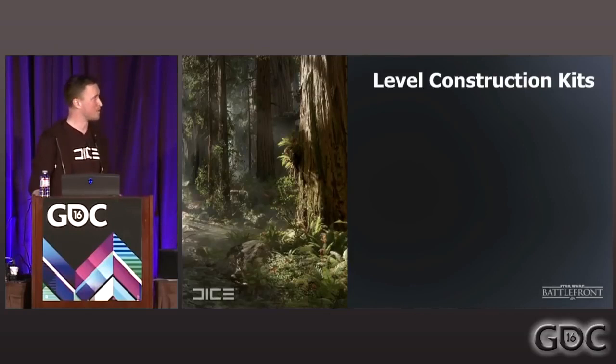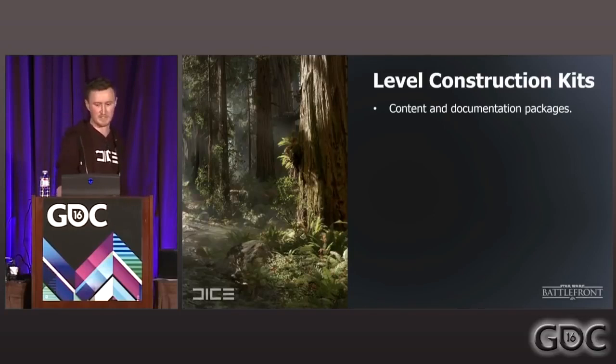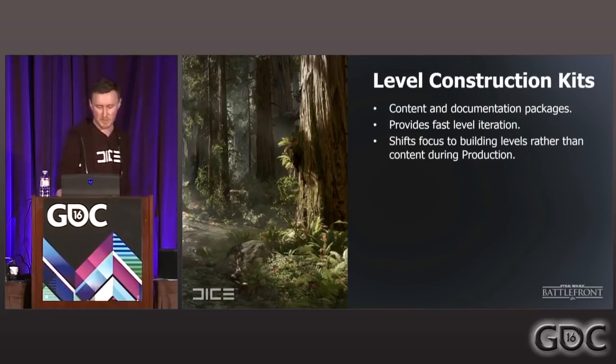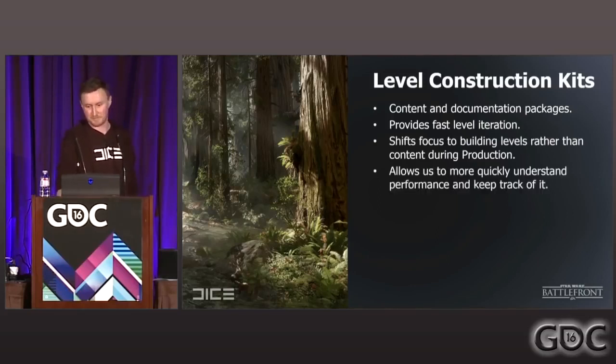So basically everything we've been talking about leads to these things called level construction kits, as we call it. And that is essentially a package of all the props and surfaces and things we've captured on location and built into a small package of the usable pieces within that biome to keep it all in one nice little location. It was great for us, especially going into production. These were pretty much finished, so we could focus more on building fun levels and iterating rather than trying to build up the quality too much. Yeah, definitely shift the focus.